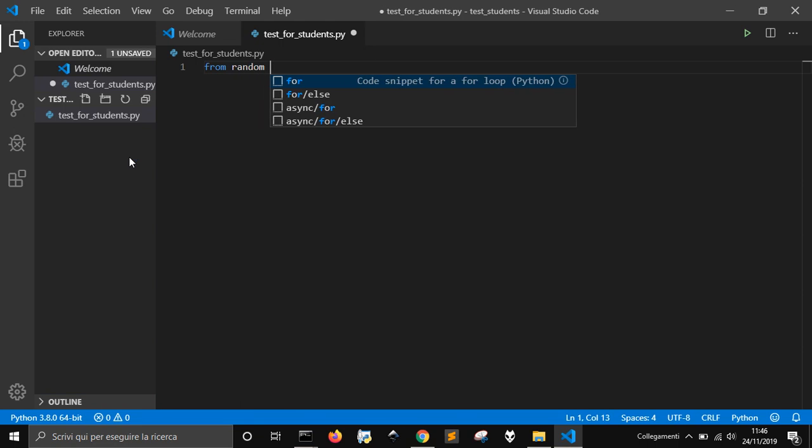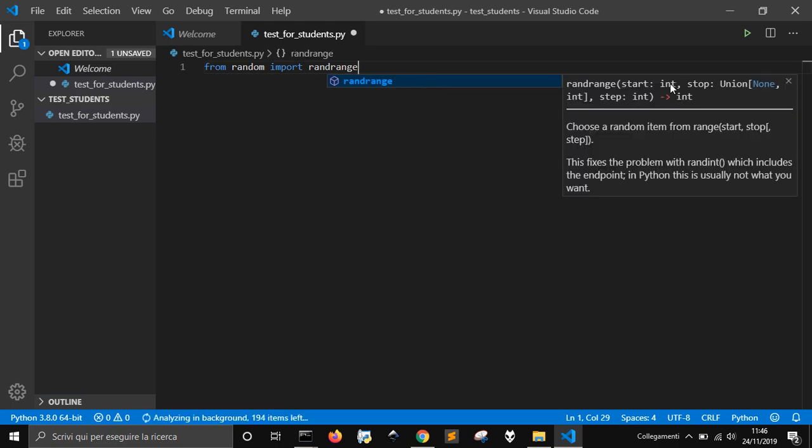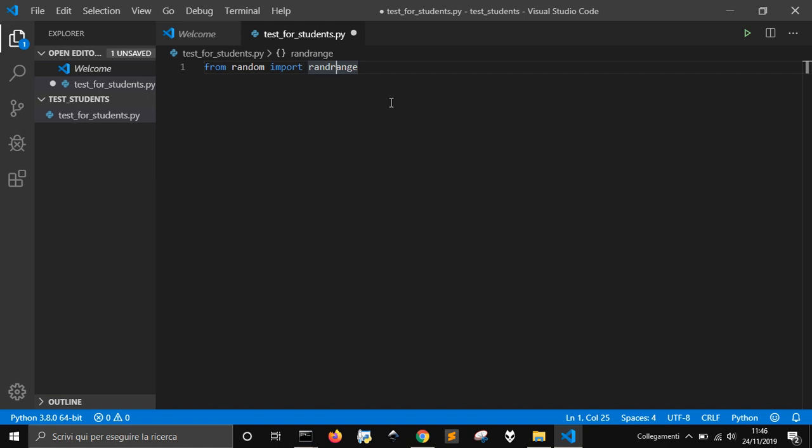from random import randrange. We will check it later. You know it has a start and a stop and an eventual interval, and this chooses a random item from a range start, stop, step, and yeah, step is optional. This fixes the problem with randint, which includes the endpoint. In Python this is usually not what you want, so randrange is better than randint in a Pythonic kind of way. So